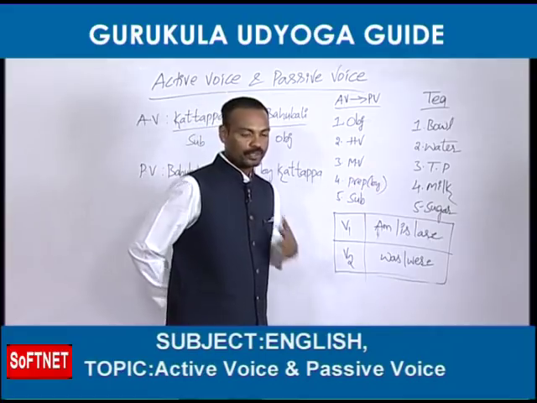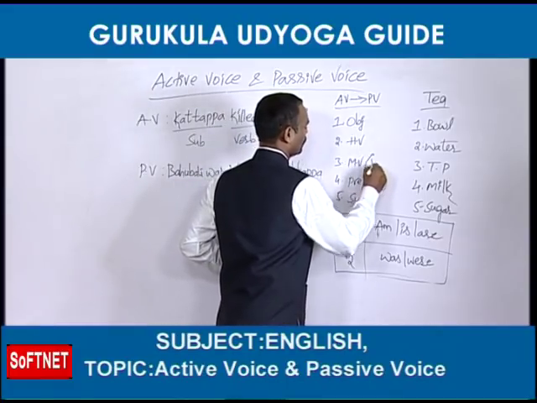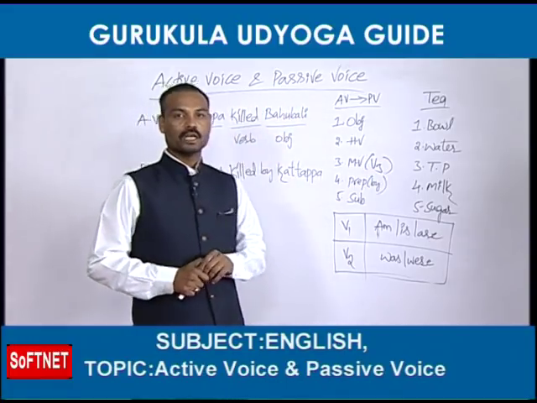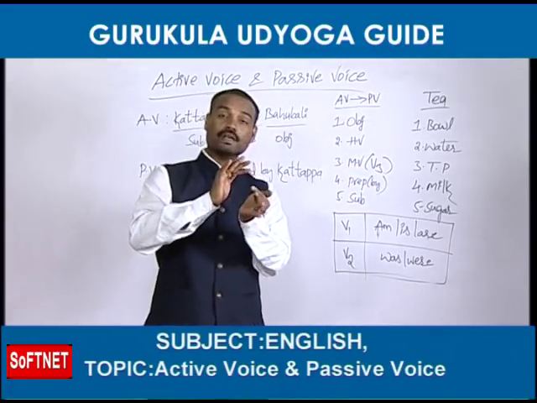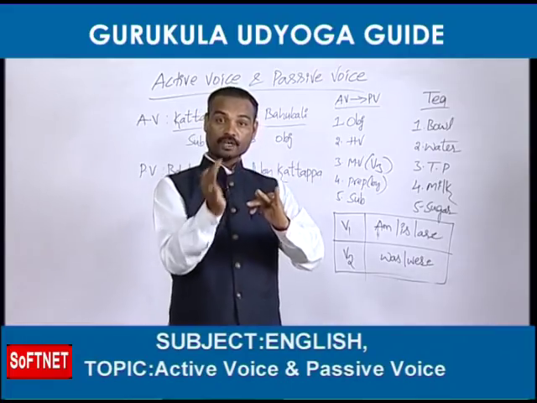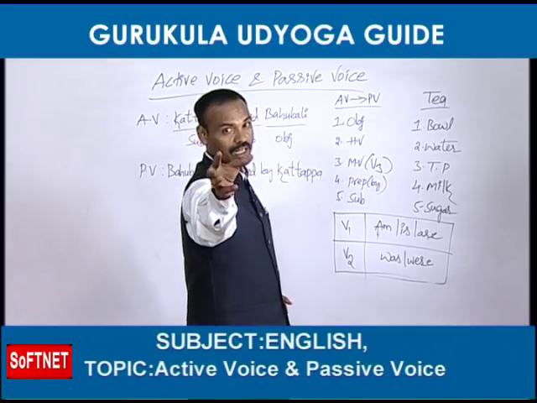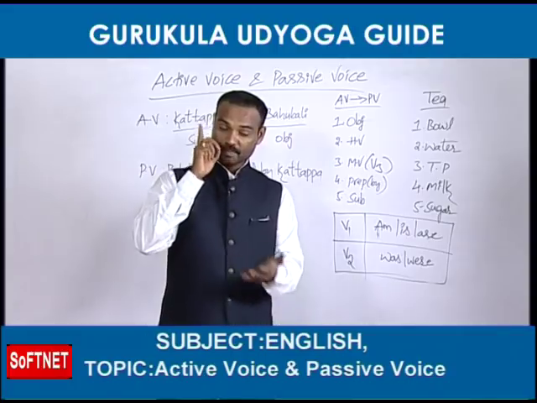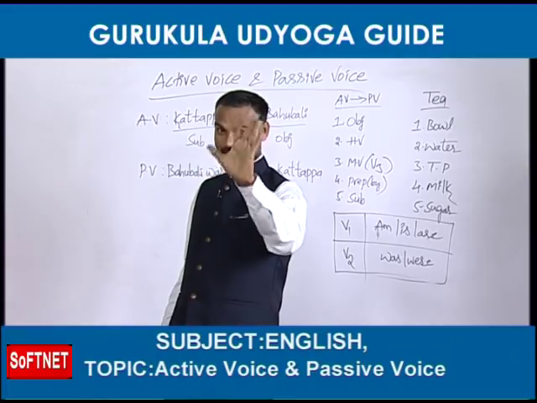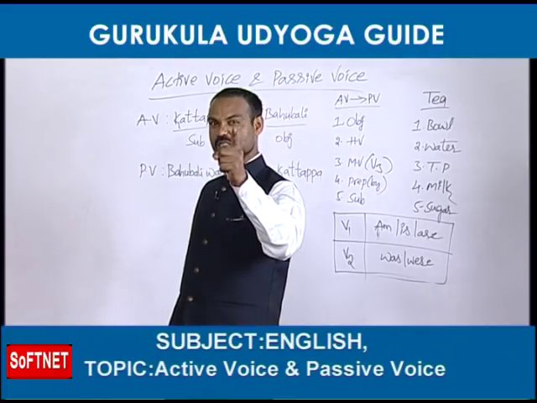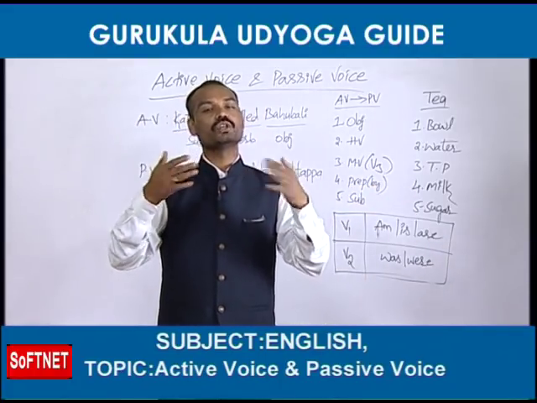Next, MV means main verb. Friends, the main verb always must be in the third form in this topic, that is, passive voice. Never forget. In active voice, the verb can be in the first form, second form, third form, or fourth form. Fourth form means V1 plus ing, we can call it V4. But in passive voice, the verb always must be in the third form. Even if you write 1 lakh passive voice sentences, every sentence must contain only V3. But in active voice, we can use the first, second, third or fourth form of the verb.